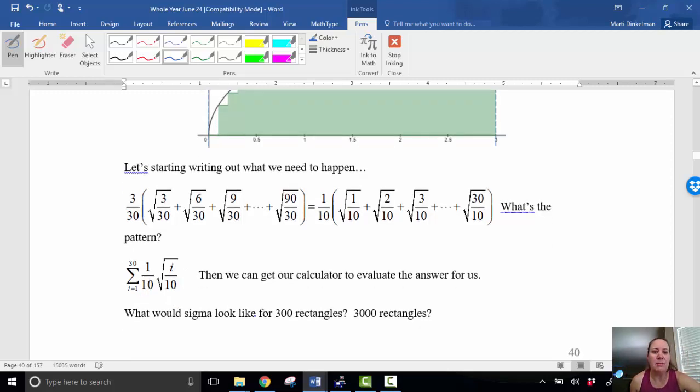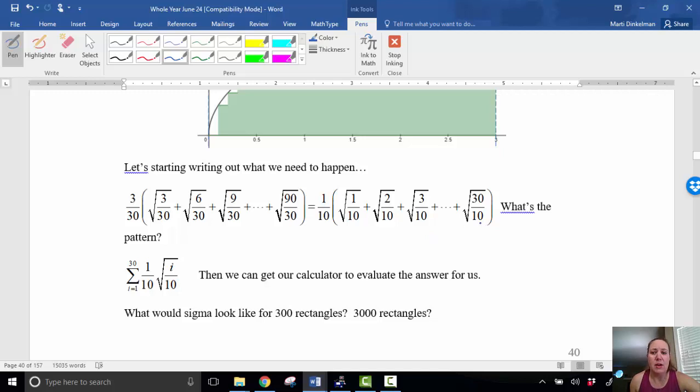So then we can keep thinking about how this might look if we had 300 rectangles. Let's compare the difference. I won't necessarily write everything out. If we had 300 rectangles, then my delta x would be 3 over 300, or 1/100th. Think about how that would look. Instead of 1/10 here, it would be 1/100th, and then we would continue going by 1/100th every time until we got to